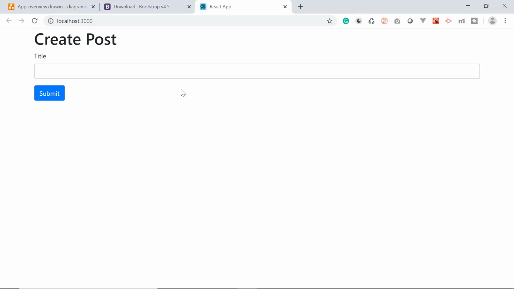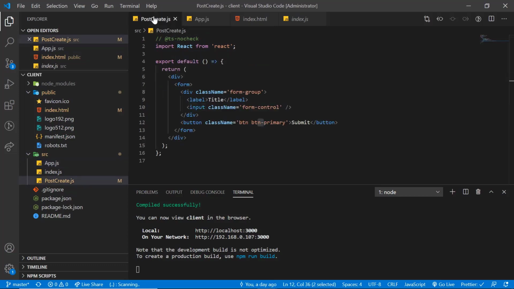For that, we are going to add an event listener with our input box to detect any changes that the user has made. And once the user hits this submit button, then we have to make a call to our post microservice to save the new post. So switch to the post create service.